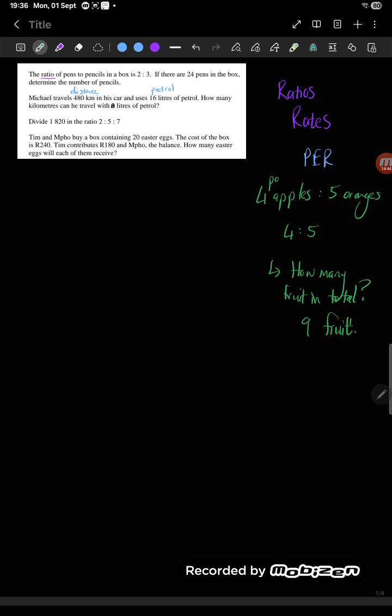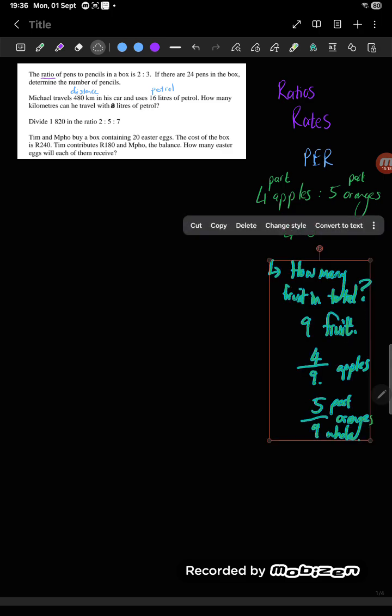And this is my part, and this is part. This is part to part. But how many apples of the fruit do I have? I've got 4 of the 9 fruits are apples. And how many oranges? 5 of the 9 fruit are oranges. And so we've got a part to a whole happening. Okay? So that's quite an interesting notion, because